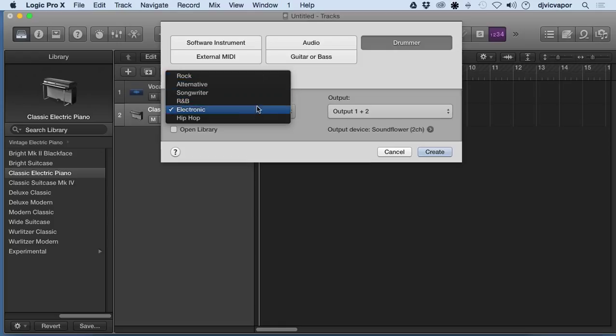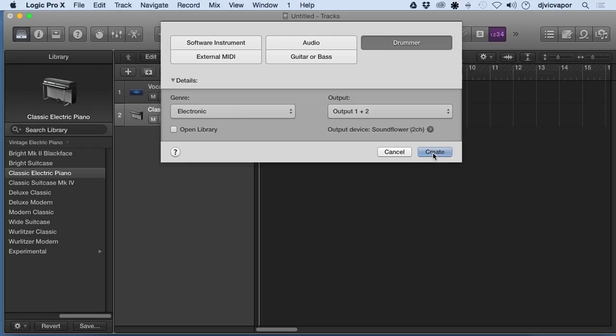And when you get into R&B, electronic, and hip-hop, you're going to hear more of drum machine type sounds, because these particular genres kind of rely on drum machine programming or that particular sound. So a little bit of a difference depending on what you select as your genre for your project. I'm going to go ahead and click electronic, create,